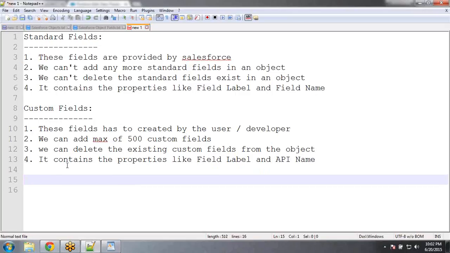So in the last session, we discussed creating an object and creating the fields in an object. We created one object with the name position, where we created many fields. By default, Salesforce has provided 4 standard fields, and along with that, we have added our own custom fields also. Now, whenever we are creating an object, we